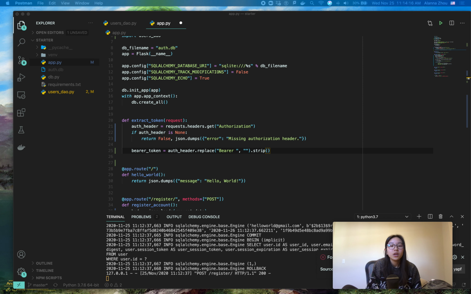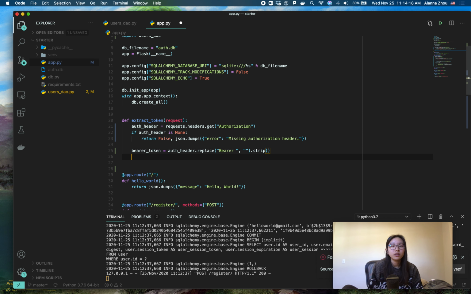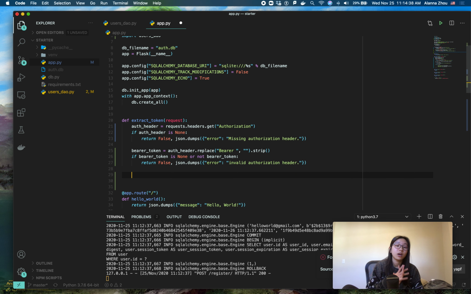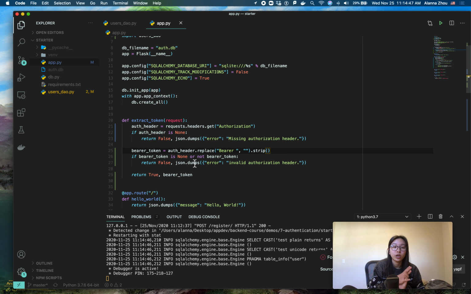Okay. So now that we've gotten the bearer token, we want to check if it's not a valid bearer token. We return false and JSON dumps error invalid authorization header. Otherwise, our token is all well and we can return true. That means we're successful, and we actually return the bearer token. Okay, so now that we've implemented extract token,